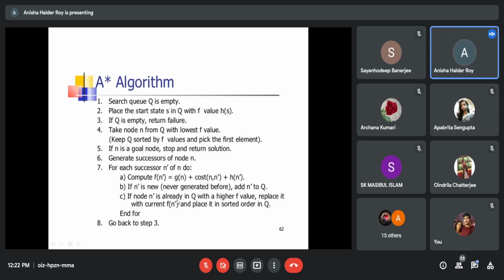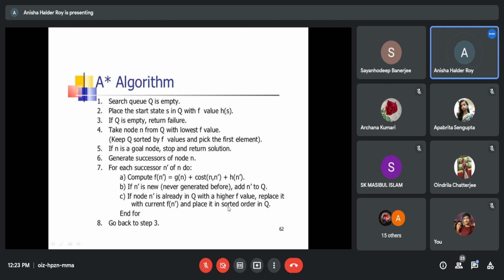And if n dashed is already in the queue with a higher value of f, then replace it. That means higher values of f can be replaced. Replace it with the current f(n dashed) and place it in sorted order in the queue. End for, go back to step 2.